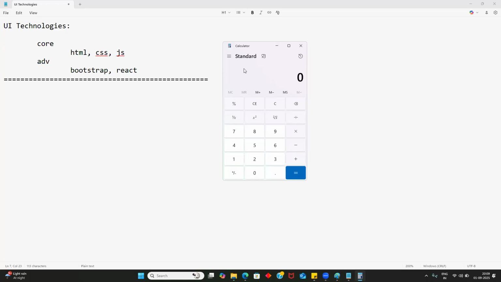If an application provides services to a single user, then that's called a standalone application. I believe everyone is clear on what standalone is. Maybe I can give you one more example: the camera in your mobile. The camera gives services to that particular mobile or laptop only, I mean, to that particular mobile user or laptop user. That application is called a desktop application, or we can say a standalone application.